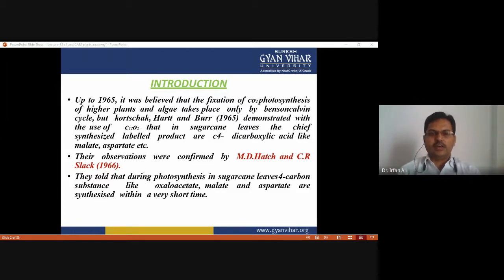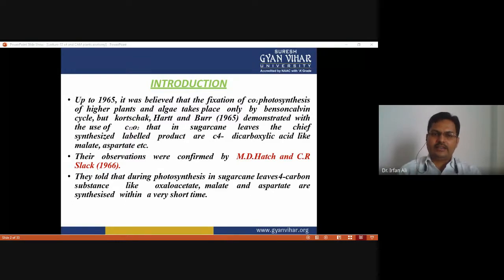Up to 1965, it was believed that the fixation of carbon dioxide in photosynthesis of higher plants and algae takes place only by the Benson-Calvin cycle, that is the Calvin cycle. But Kortschak, Hart, and Burr in 1965 demonstrated, with the use of carbon dioxide labeled with carbon isotope,